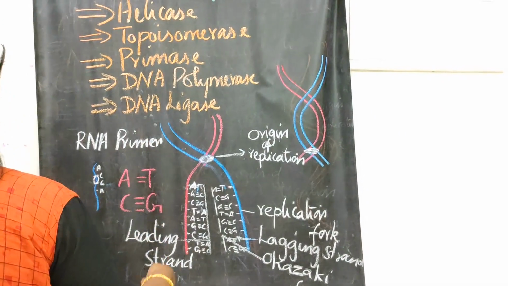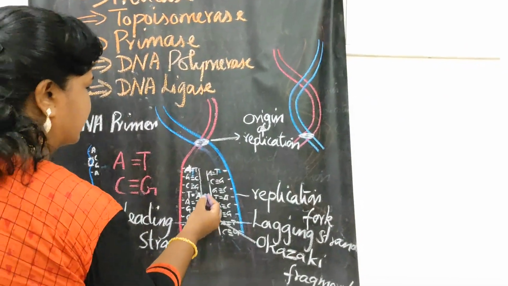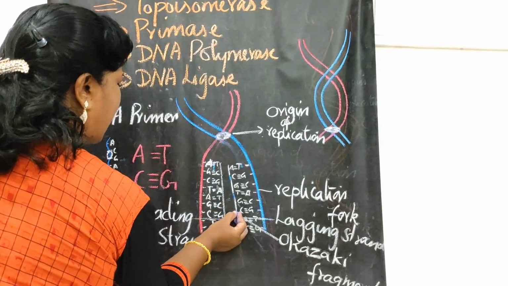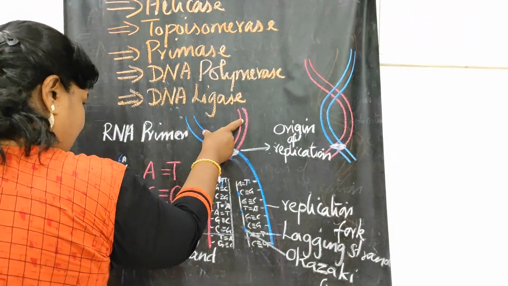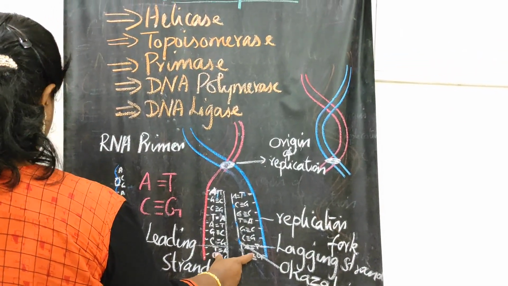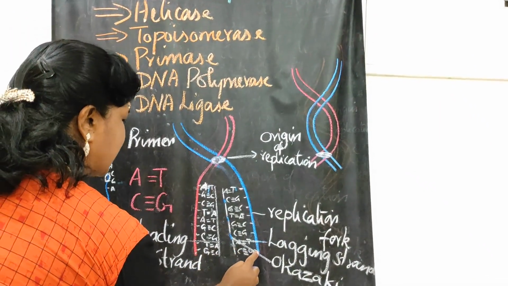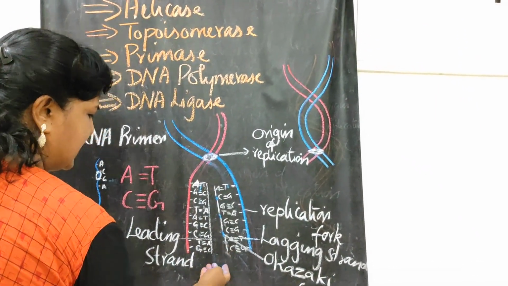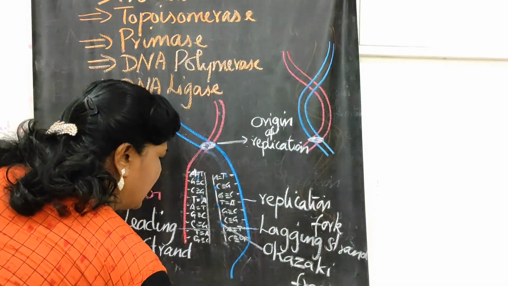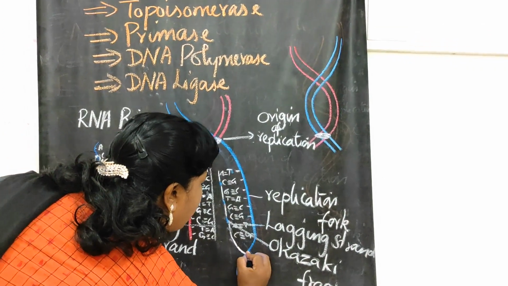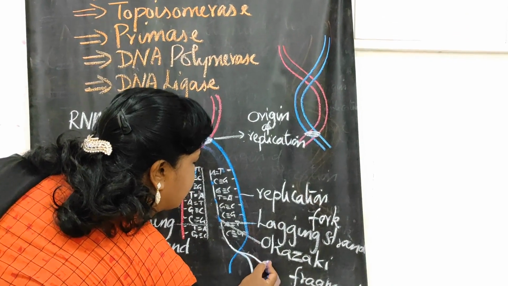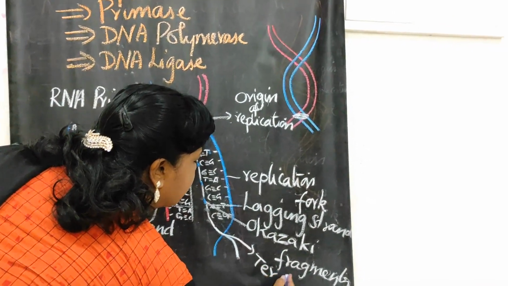DNA ligase. It will join the small fragments. So from a parent DNA, we are getting 2 strands of DNA. Now, this is the parent and this is the complementary strand, isn't it? If the parent and the complementary strand meet, replication will stop. And that place is said to be the terminus.